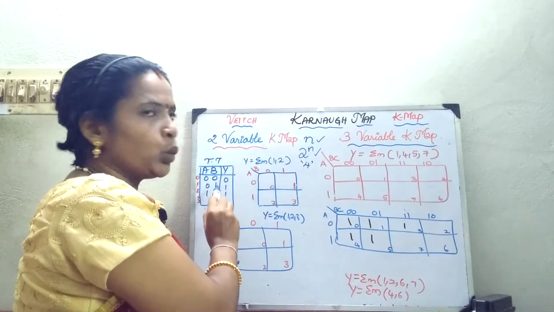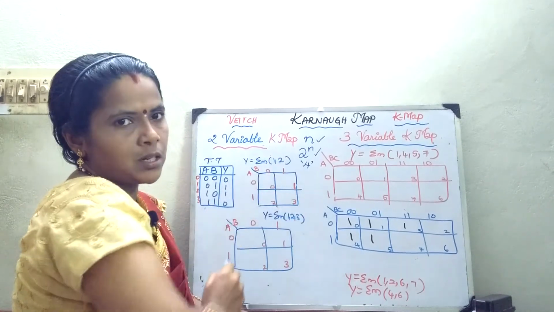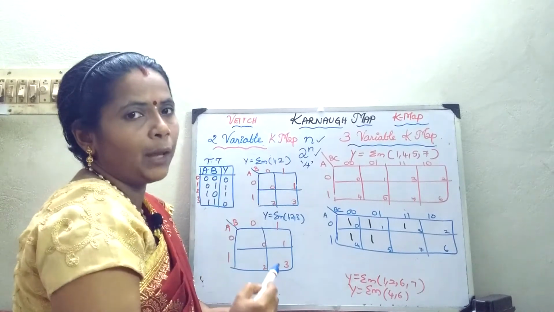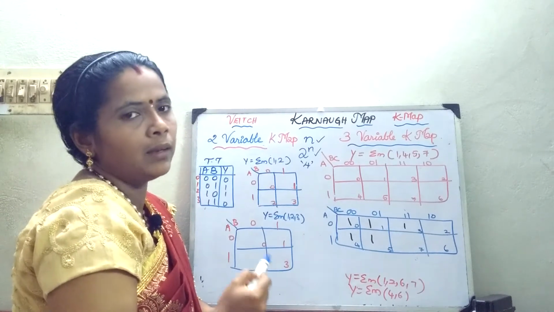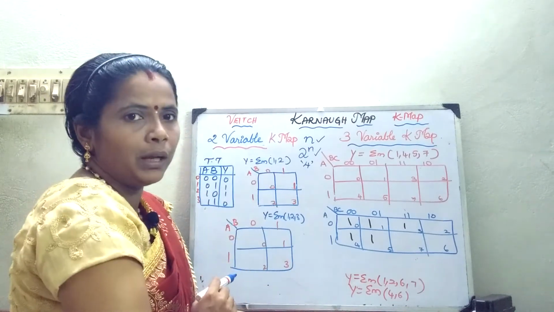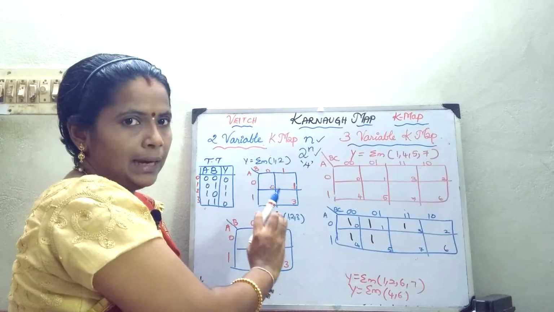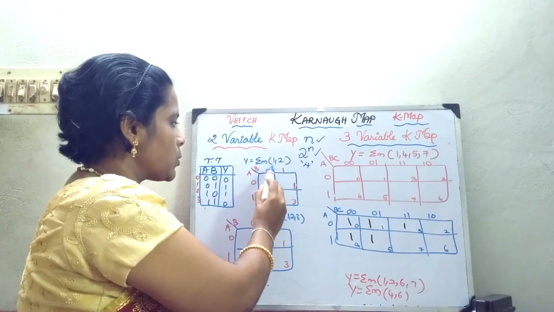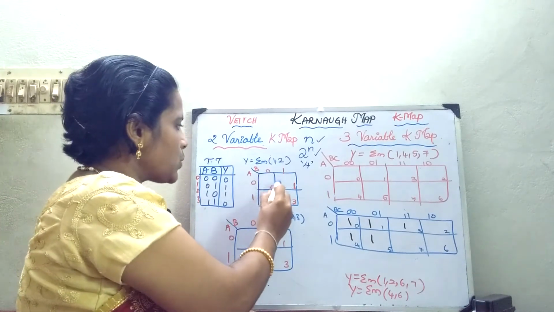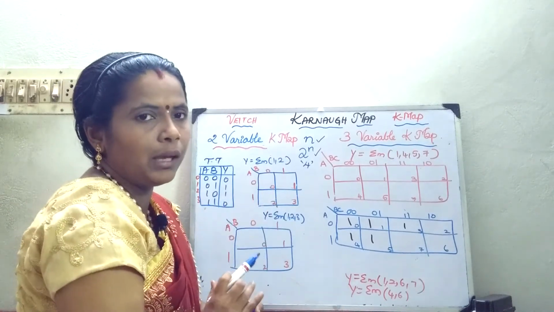The main advantage of the K-map is that I can map it either from the truth table, or from the min term expression or the max term expression, that is, from SOP, POS or the truth table. I can plot it in the K-map and obtain the simplified Boolean expression. Now we will see what things should be taken into consideration. Whenever I fill it, suppose my expression is 1, 0, 1, 2, 3 for example. In that case, when all the cells are grouped, my answer will be 1.